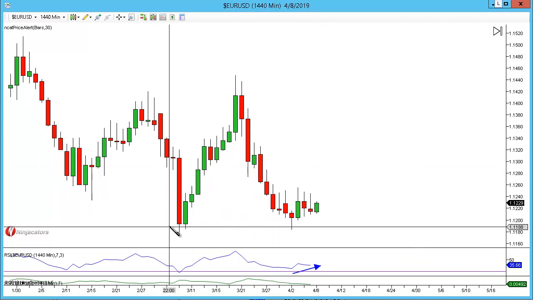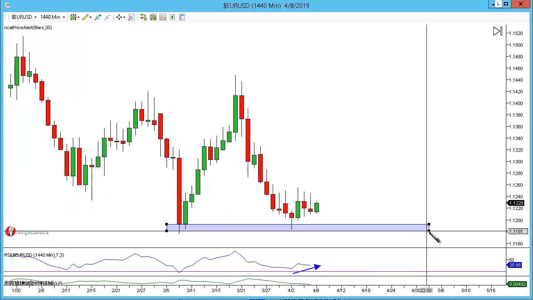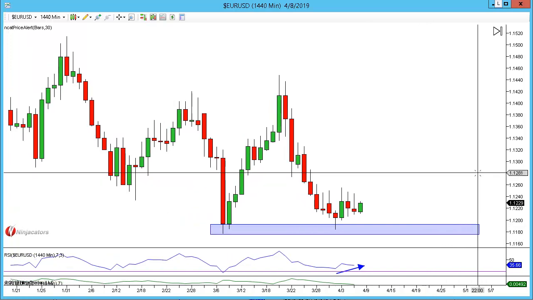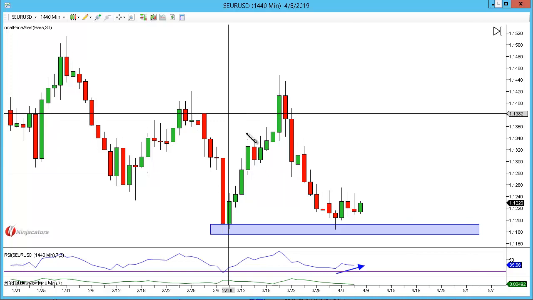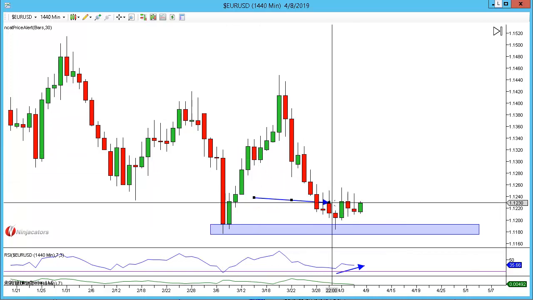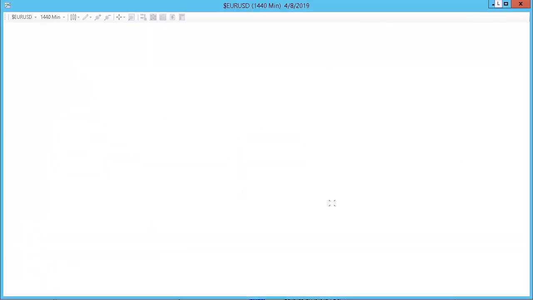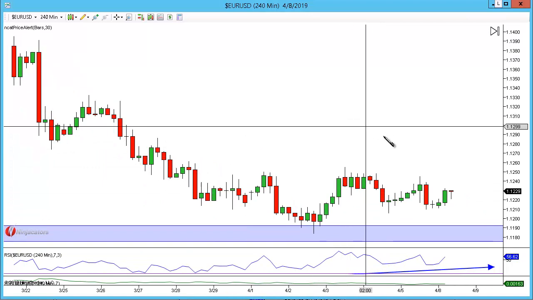What I'm looking for in a head and shoulders, it is a rotation pattern, so it must come into structure lows or at least into a structure level, which we have done here. We have had a higher high, higher close just here. If I go to the 240 and we look at what price has done,